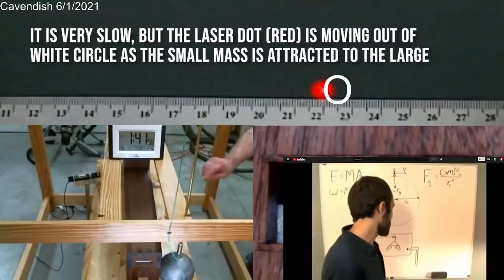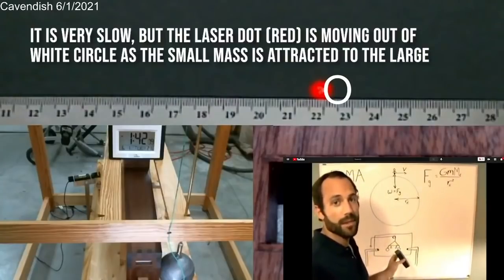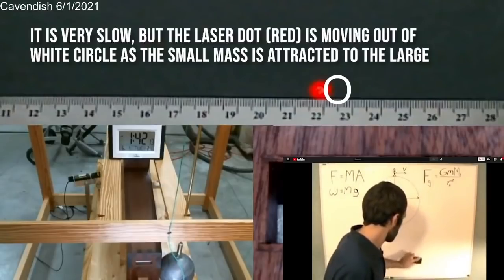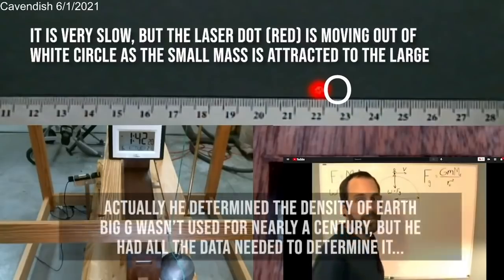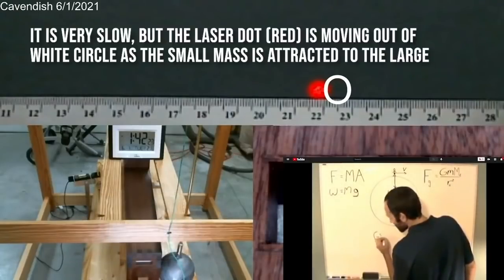So I said, okay, well, going back through the history, let's assume that he did this somehow. He's a really smart guy, and we just haven't been able to get it to work again. Okay? So, Cavendish determined big G through that torsion rod experiment. Okay? So he calculated it to be the value that we're still using, which is 6.67